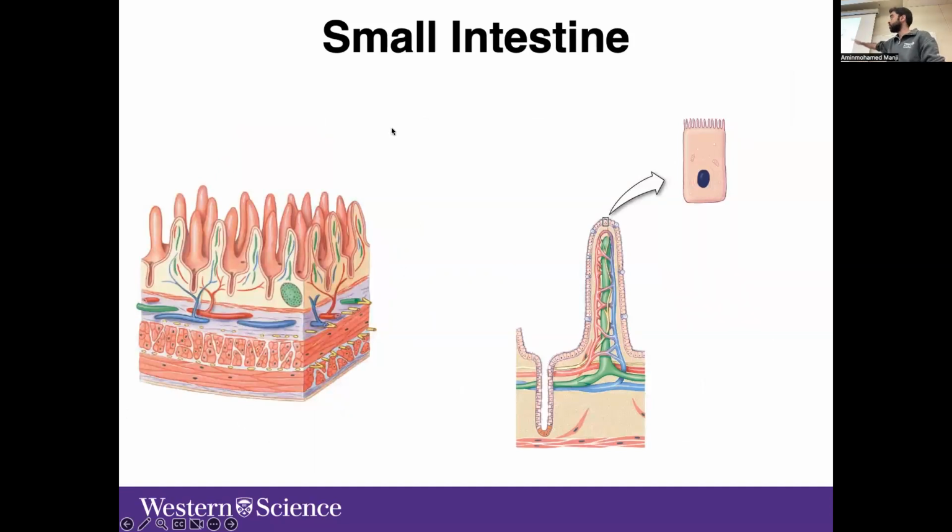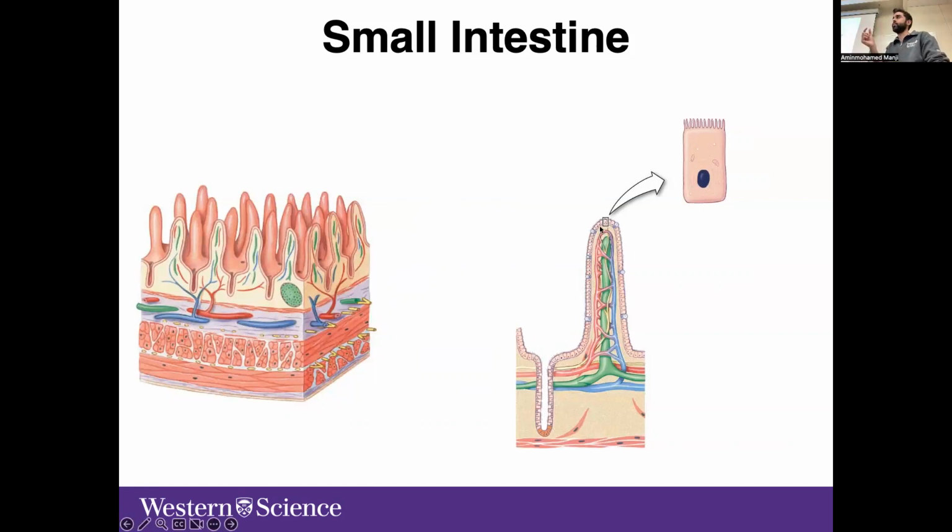So remember, these are the 4 layers of your small intestine: the mucosal layer, submucosal layer, the muscle layer, and then the serosa layer. Those brush border enzymes are found up here in the mucosal layer because this is what's facing the inside of the small intestine. Keep in mind, the mucosal layer has all of these villi, those finger-like projections